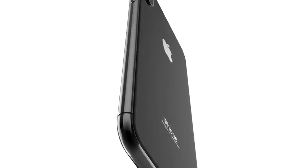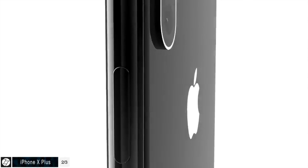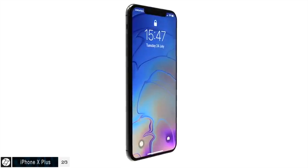So what about the other 2? Well, the second iPhone for 2018 would be the iPhone 10 Plus. Now, I know it would probably not be called the iPhone 10 Plus, but again, my guess would actually be iPhone Plus for this one. Essentially, this would be a larger version of the iPhone 10, the iPhone 10 Plus that we never had back